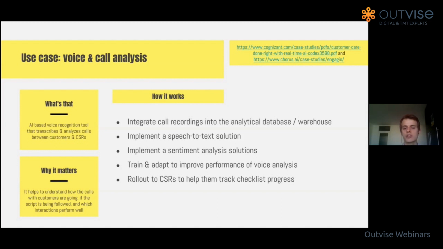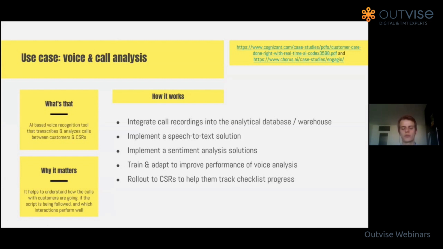Why I mentioned this, although I didn't mention it before, because voice is generally a more complex topic than just text, because you have more points of failure. So the system may not work perfectly in the beginning in the recognition of the voice in different accents, for example. If people are talking not in a very clear way, the system might have problems with that and you might need to retrain it